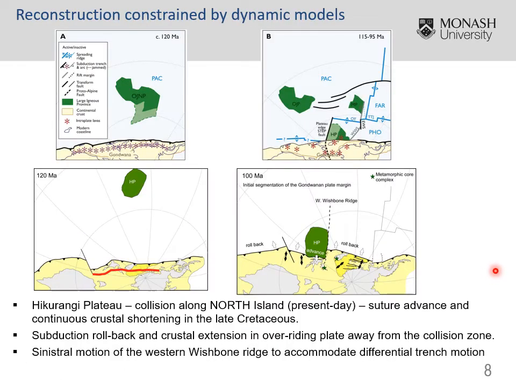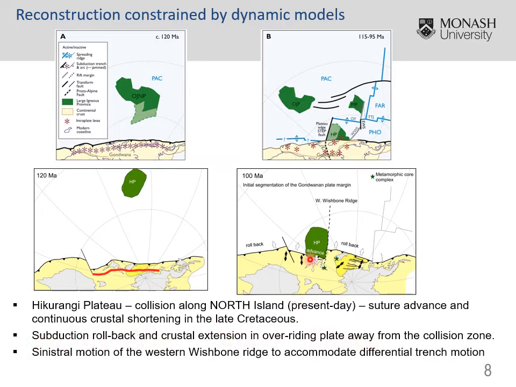This slide shows a comparison of the Mortimer model compared to our proposed model. The fundamental difference of the model is that we are proposing a collision between the Hikurangi Plateau and the stable margin of East Gondwana with the North Island of New Zealand, whereas the Mortimer model proposes that that collision occurred at the South Island. We believe that the geological record supports a North Island collision because there's continuous shortening in the overriding plate during the late Cretaceous in the North Island, and that collision triggers subduction rollback and extension in